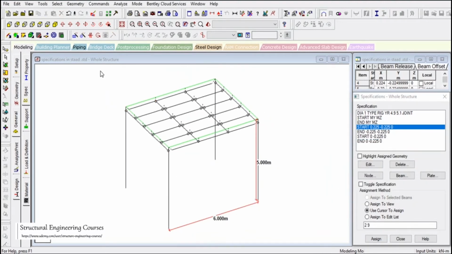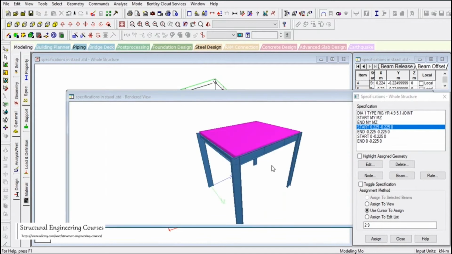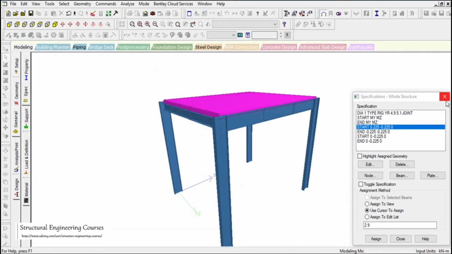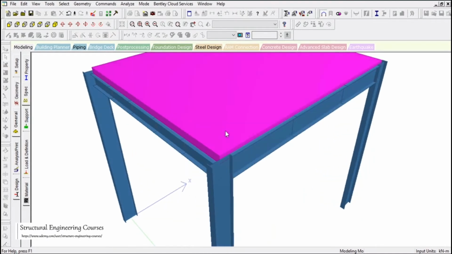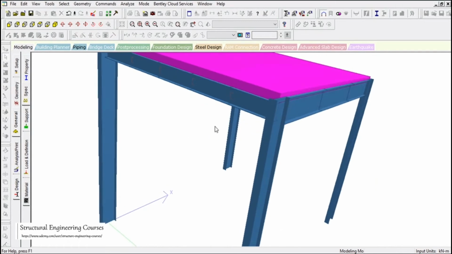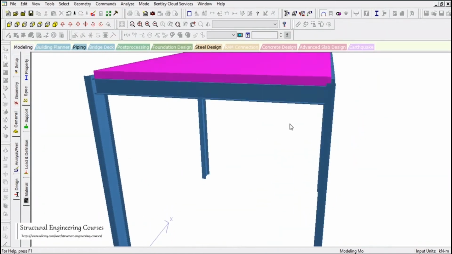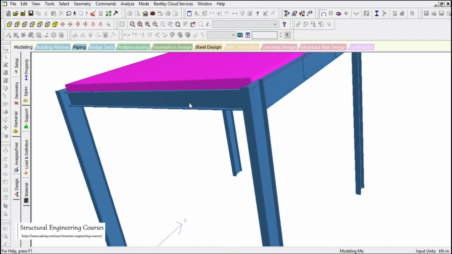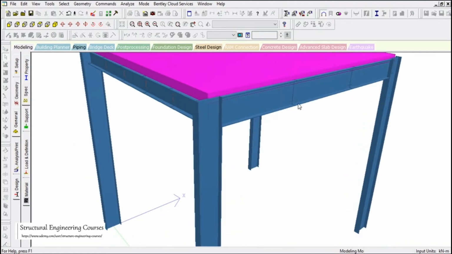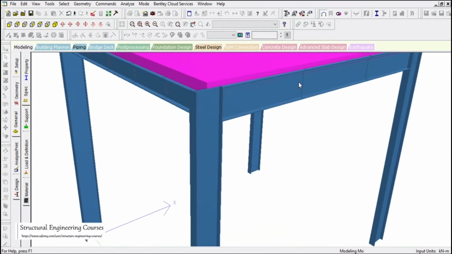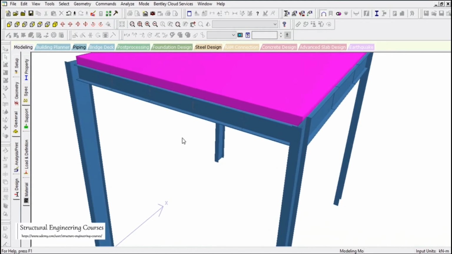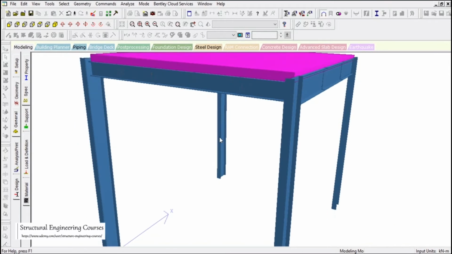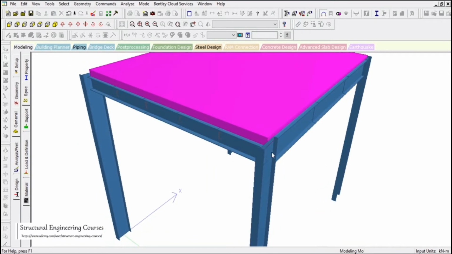So now if we see this whole structure in the 3D view, you can see that this is now a correct approach. Although we have made one mistake here: we don't need to offset the channels by the same dimension, because channels are of 200 mm size only, and this beam also is of somewhat smaller size. So to rationalize this whole 3D view, we can offset this channel by 100 mm only, that is MC125, and this whole structural steel arrangement is now perfect.